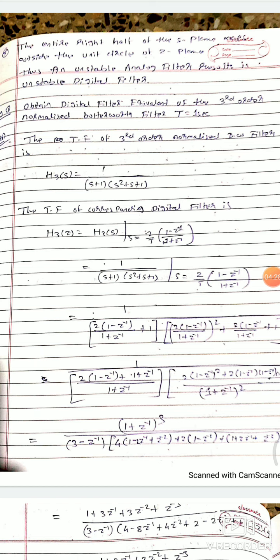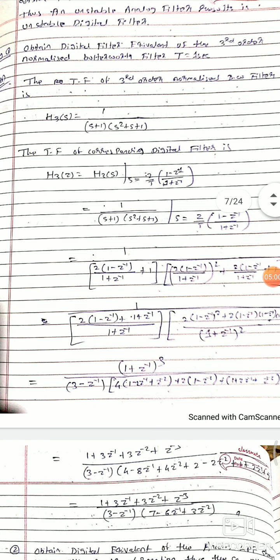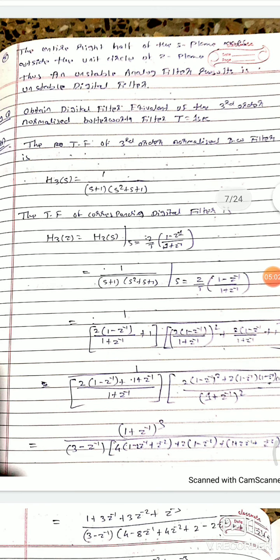Okay, so for example, if it asks for a Butterworth filter with some given design specifications, you have to obtain the order n and omega c, right? Once you get the order n, you take the normalized Butterworth transfer function and convert it to your required Butterworth transfer function based on which filter is asked. Then your required transfer function of the filter is ready, and once you get that transfer function, apply the bilinear transformation. Substitute s equal to 2 by T times (1 minus z inverse) by (1 plus z inverse), then simplify and rearrange, and you get the transfer function of the digital filter. So this is the flow.